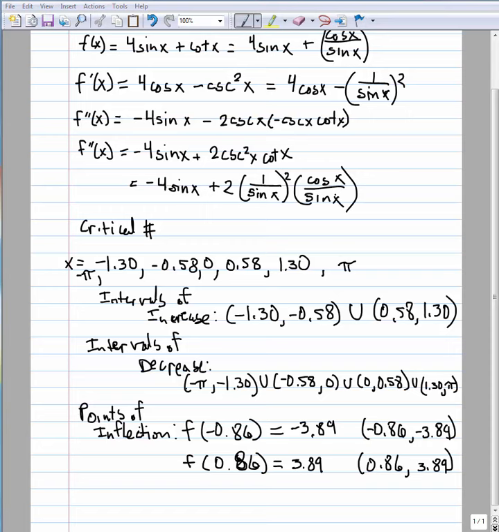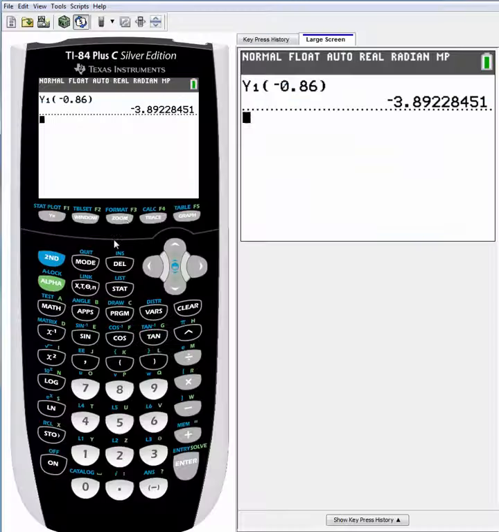And finally, for when the function is concave up versus concave down, it's very similar to the intervals of increase and decrease, except we're using the second derivative this time instead of the first derivative. So we know it's concave up when the second derivative is positive, and it's concave down when the second derivative is negative. So if we go back to the graph,